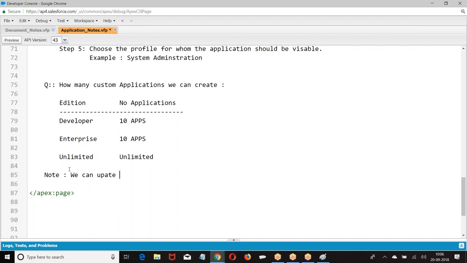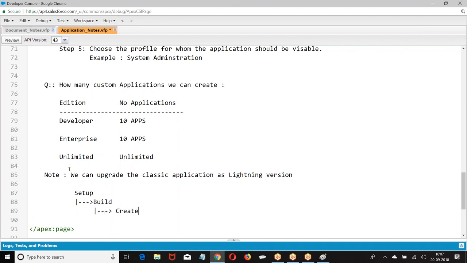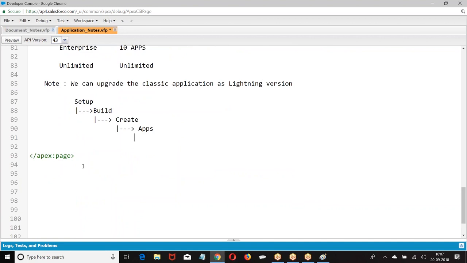We can upgrade. What is the navigation? Setup. Build. Apps.